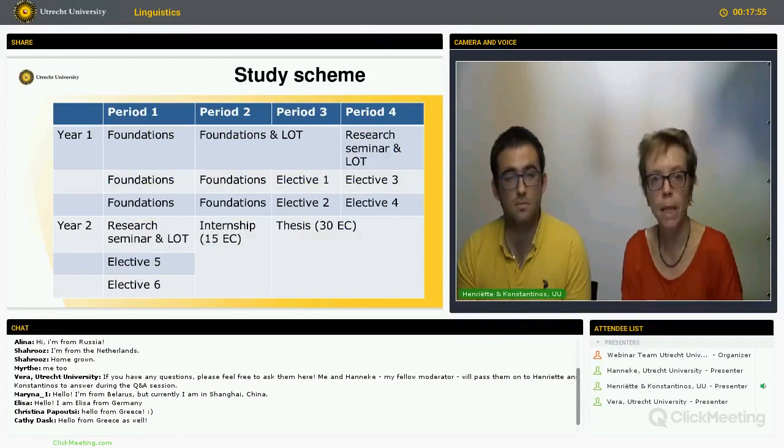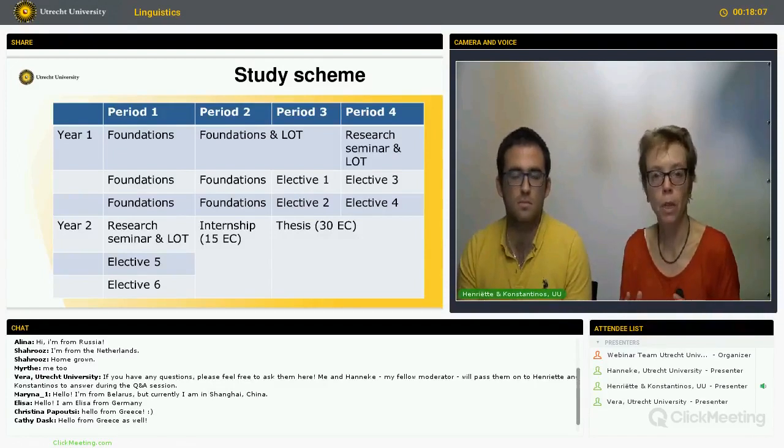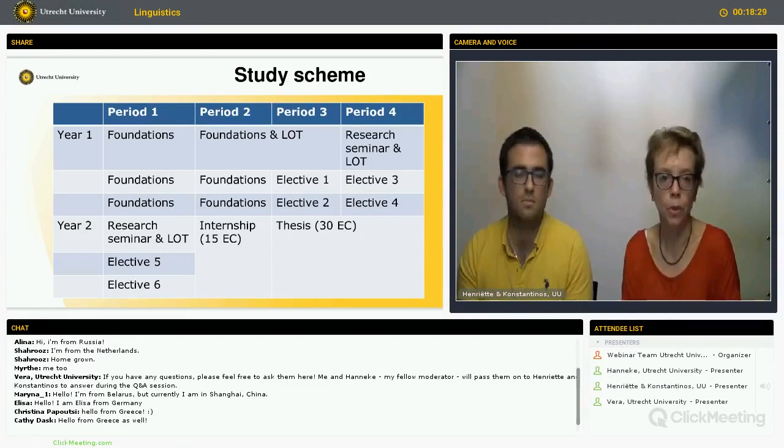Okay, summing up, we have a very well-structured program. And I think this makes us unique as a research master program. We have this obligatory first semester, which gives you a very broad training in the foundations of linguistics. We teach you a lot of methodology, how to do linguistics research. And then we support you with the research seminar and academic skill training, with the Lot Summer School, where you get more exposure to the subfield of your choice. And then you dive into your individual research in the second year.